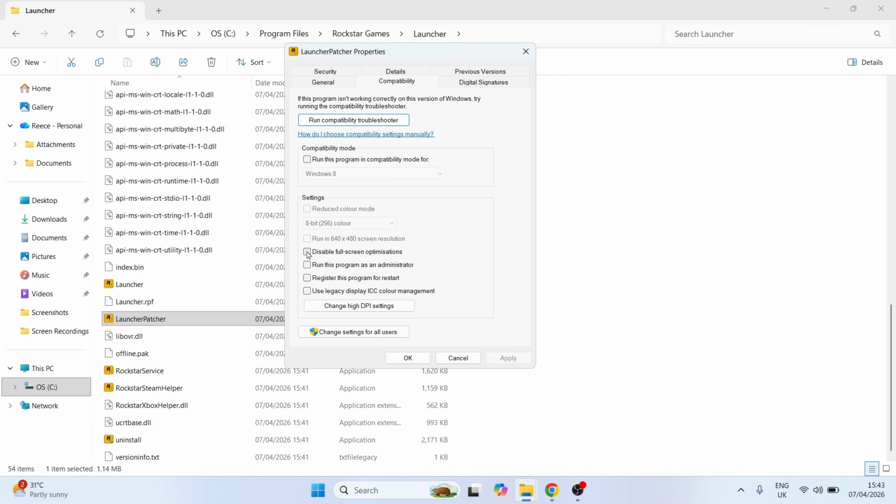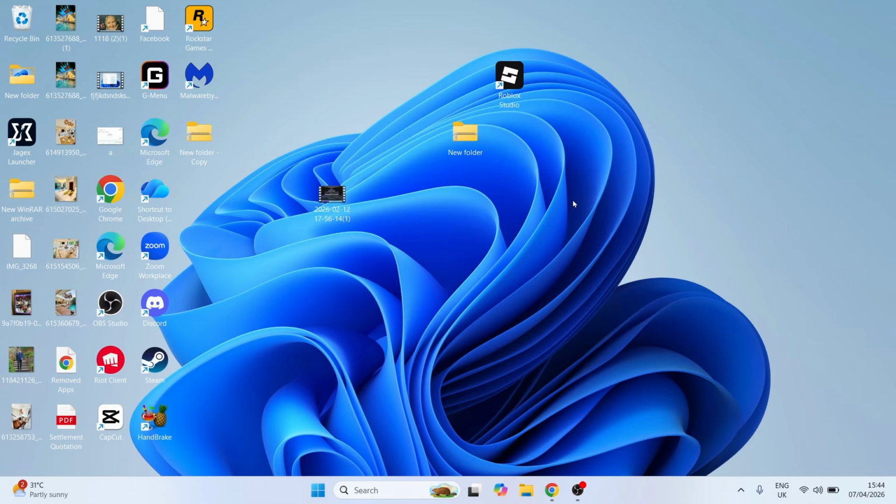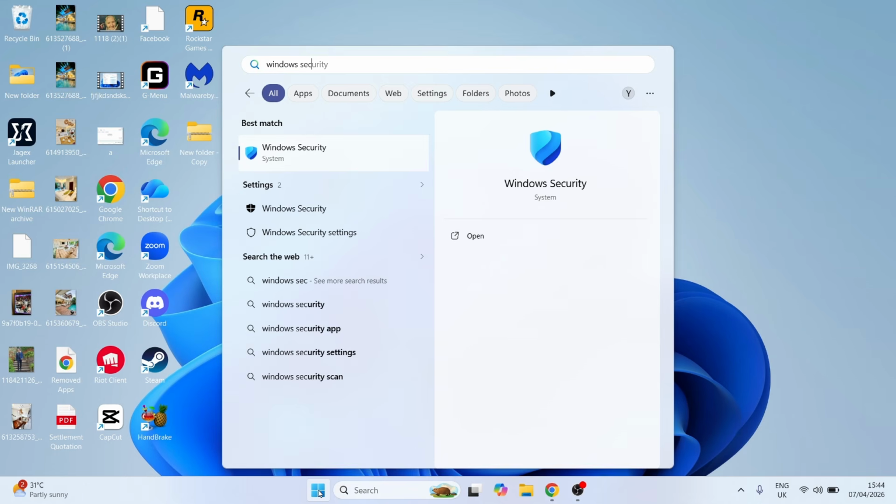Now make sure Disable Full Screen Optimizations is turned on. Also run this program as administrator, and then press Apply and OK. You can then right click on the file, click on Run as Administrator, and then you can check to see if it's now working. If you're still having an issue, open up the start menu again, search for Windows Security